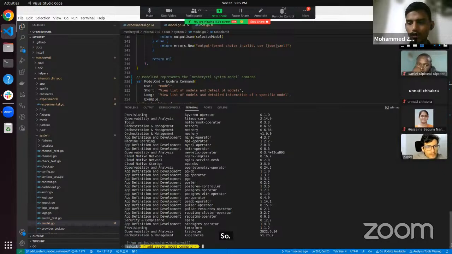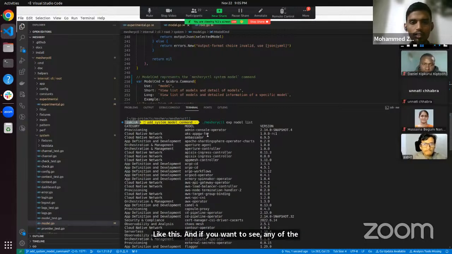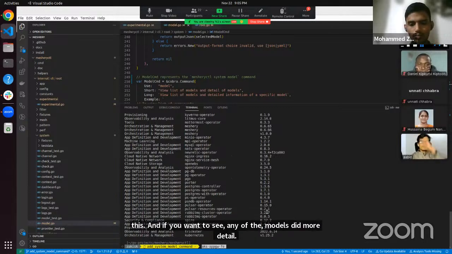Like this, and if you want to see any of the models in more detail, there is another command for seeing its detail.